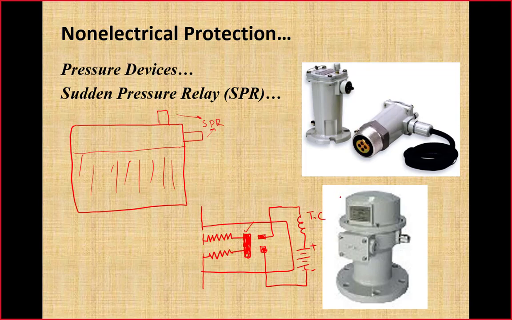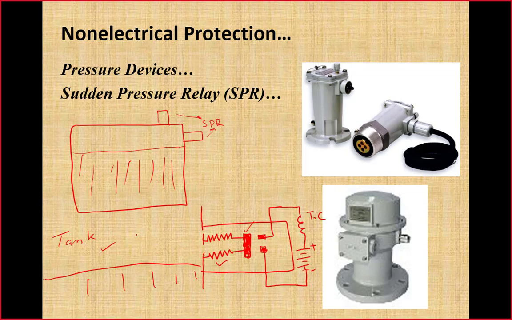So this is the tank of the transformer over here, and this has been installed over the oil level. So it means the gas above is directly exposed to these bellows. So here is the bellow, the main functional part of this sudden pressure relay. When pressure increases here on top of the oil in the air cushion due to an explosion inside the transformer tank, that high pressure gas will move into this bellow and push this bellow outward. So this metallic part will be in contact with these two terminals, closing the switch. So this bellow is something which is expandable due to the pressure.